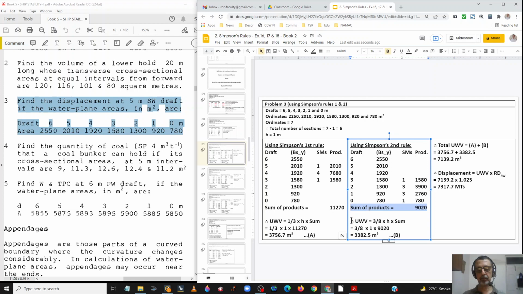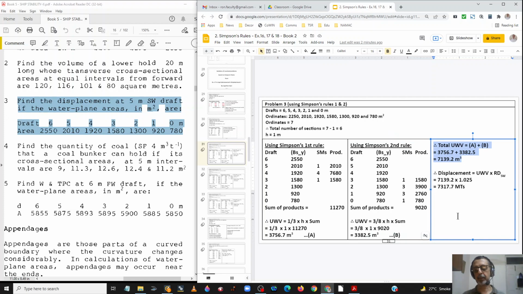Underwater volume basis Simpson's second rule is equal to 3 upon 8 into H into the sum of products, and when we substitute the values, we get it equal to 3382.5 cubic meters, which I'm going to call B. Thus, the total volume from 5 meters down to 0 meters is equal to A plus B. And that gives me a total of